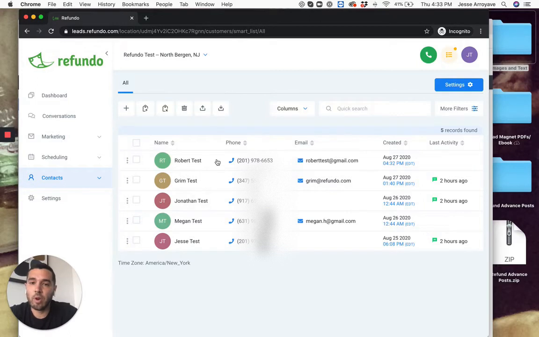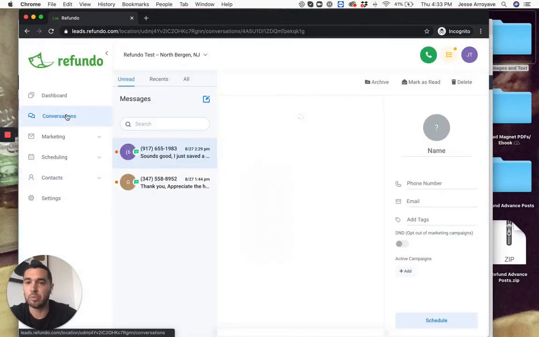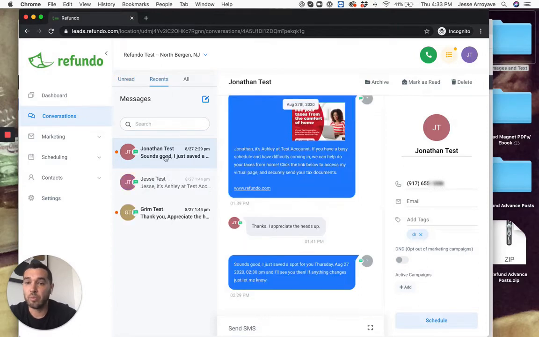The next thing that we want to do is talk about the conversation. So here's where the bulk of all the action is going to happen, where when you send out these text messages, they'll be able to respond, and you'll be able to do that from within this portal, which is really cool. Here are some of the recent tests that I ran so that you guys can see. You'll be able to see all the messages that you sent out here. You can click on all, the recent ones, the ones that are replied, and the ones that have been unread,